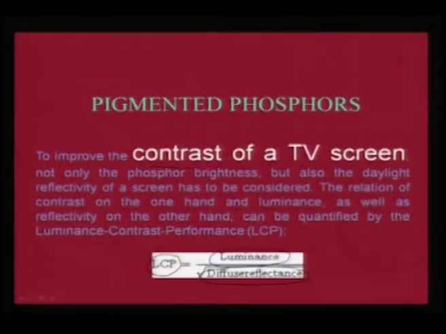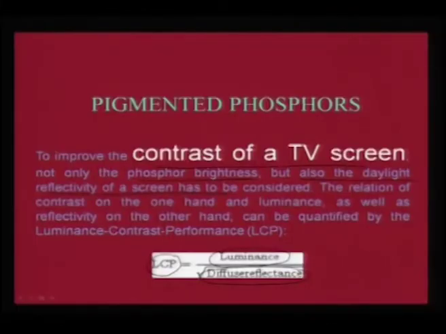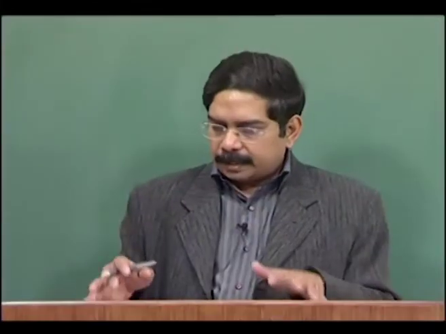To improve the contrast of a TV screen, not only the phosphor brightness is important, just because it glows bright does not make it a good candidate, because we need to combat the daylight reflectivity of the screen. So, the contrast is actually a gamble between the brightness of the phosphor and the daylight reflectivity, and as a result it is generally agreed that this has to be pigmented